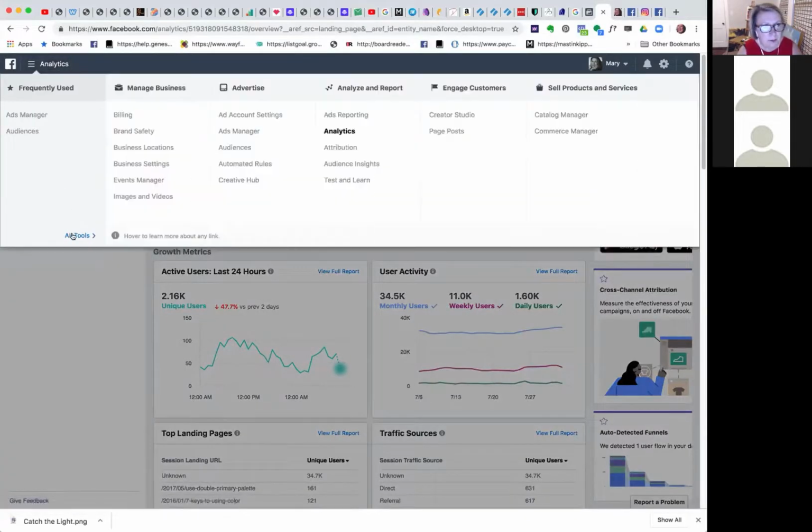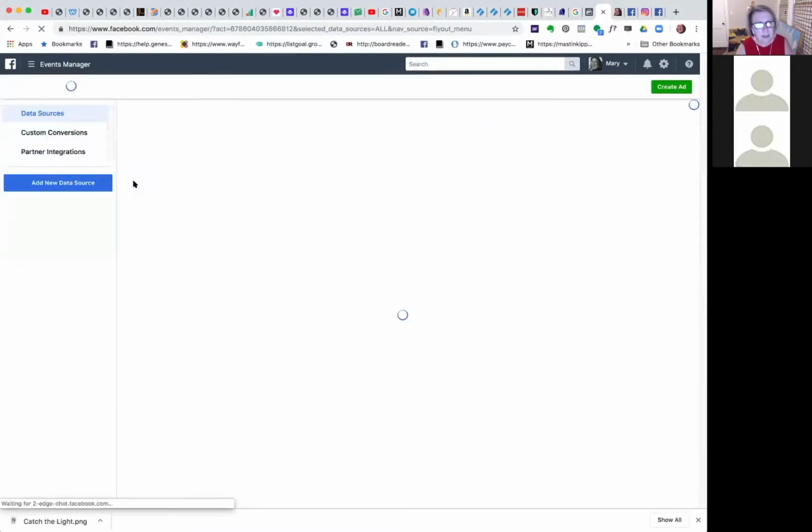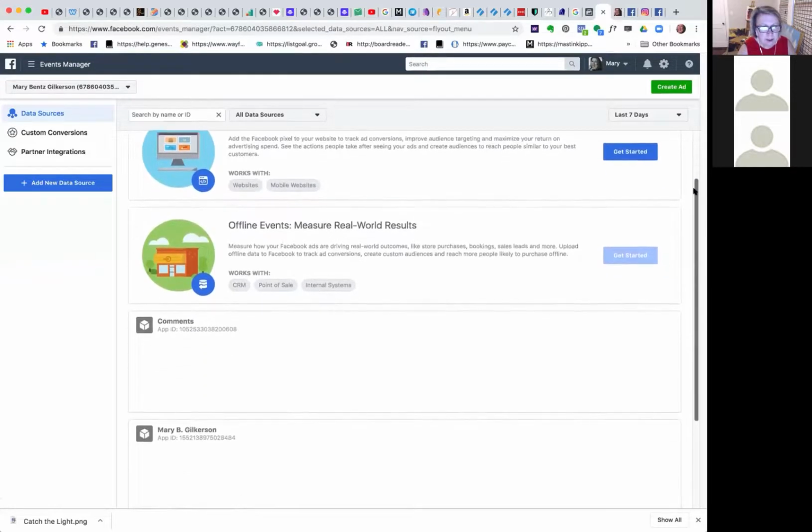Go to All Tools, and you'll see Events Manager right here. An event is when that pixel fires. So anytime the pixel fires, it's an event. So when you scroll through the Event Manager, you'll see